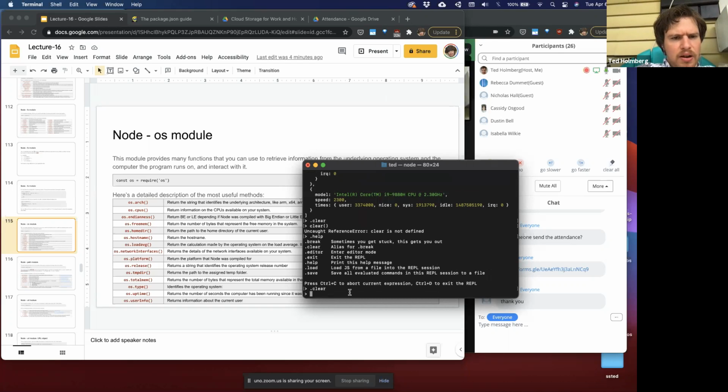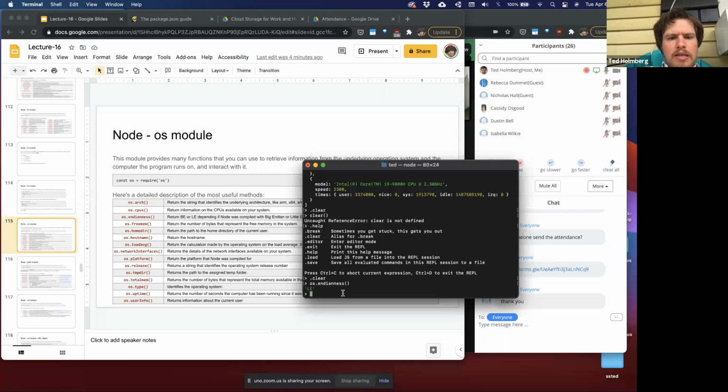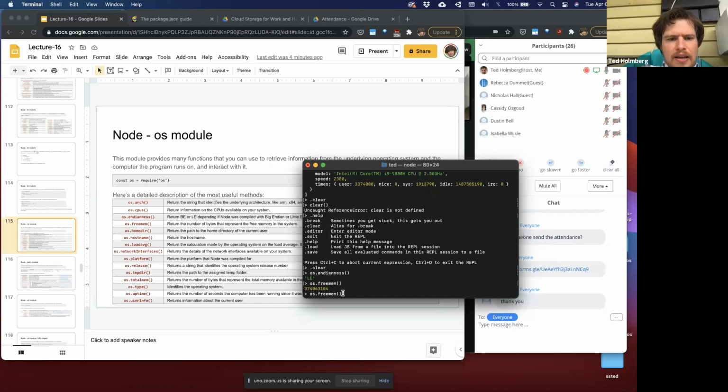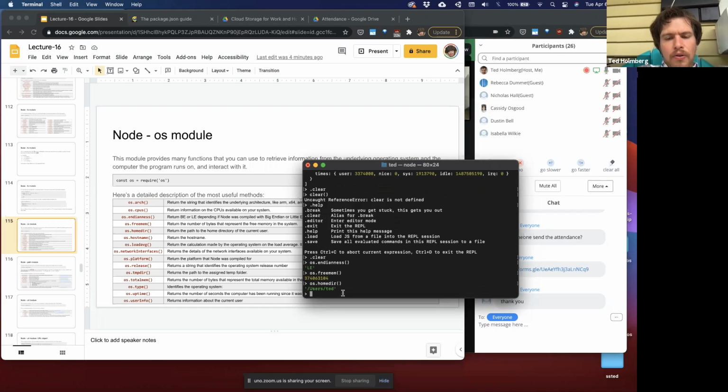Let's see here. The endianness lets me know whether it's little endian or big endian. On my system, it's little endian. I could check for free memory. I can check for the home directory that I'm in currently, or not currently, but